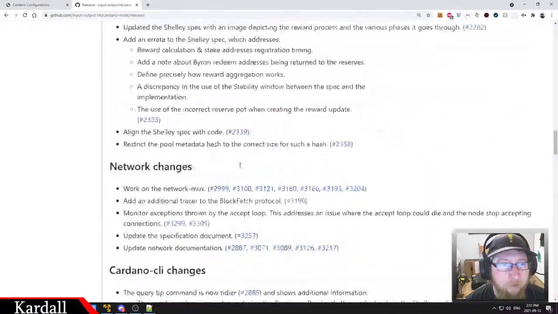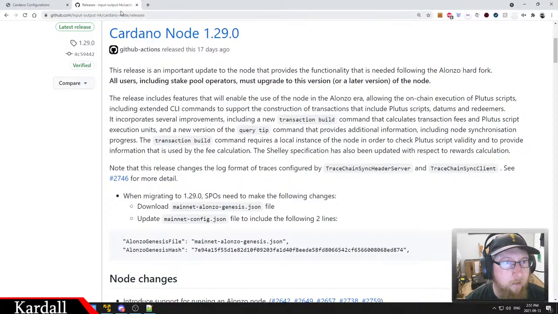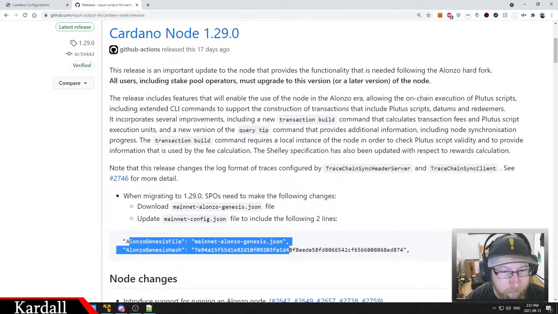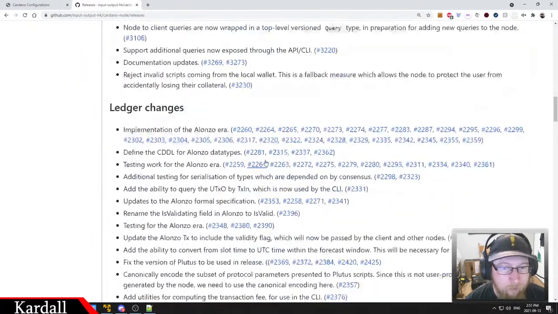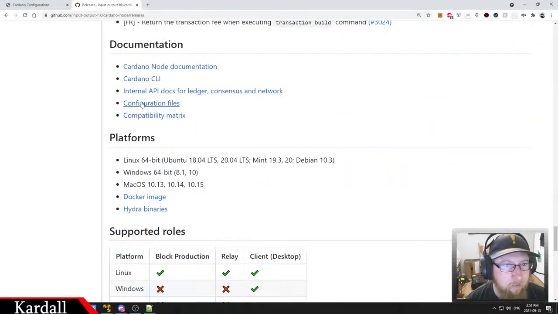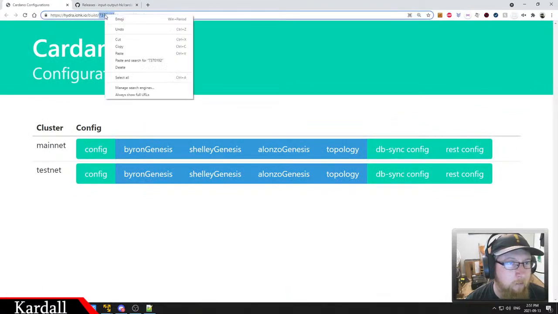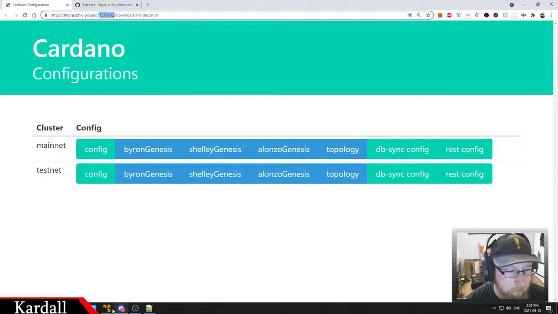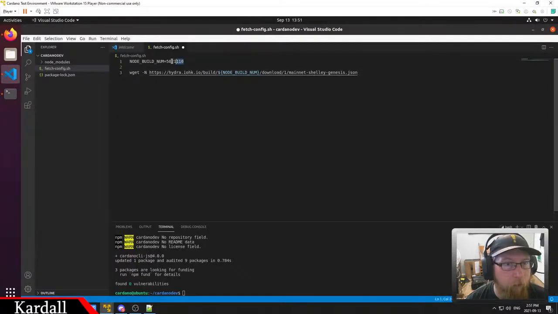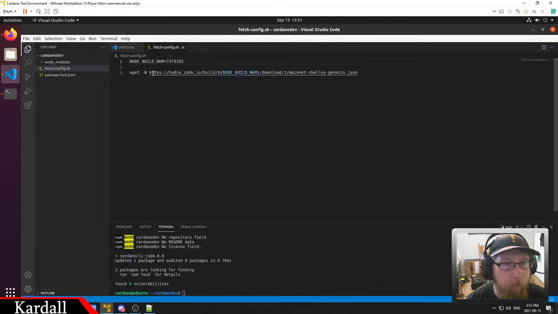that releases page, right? So this is where it's got the Node 1.29 on their releases, and it's got the Alonzo thing that we'll have to do for the node, but at the very bottom they have links to the configuration files, and this is the current build. So this is our build number. I'm going to copy this, and we're going to replace that with this. Paste. I'm going to save that,